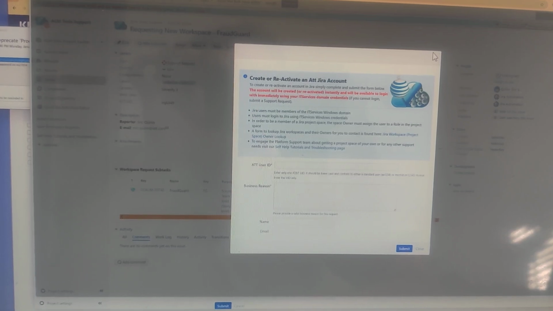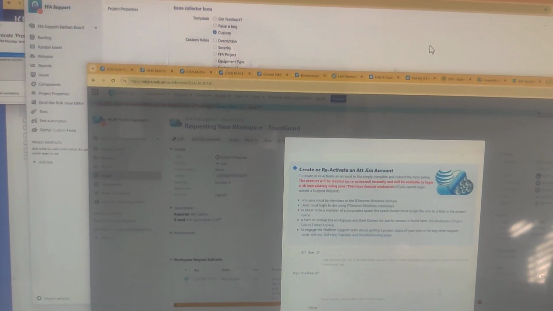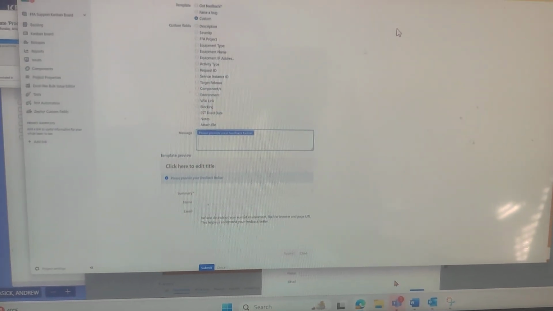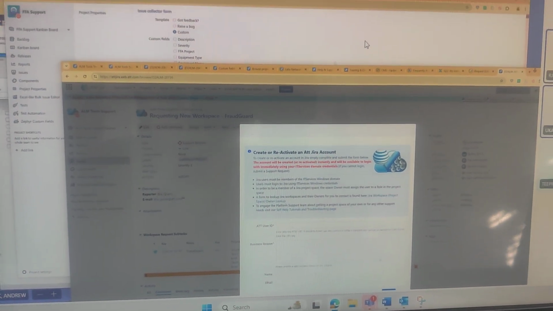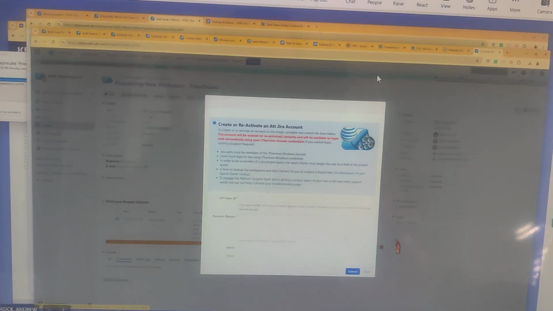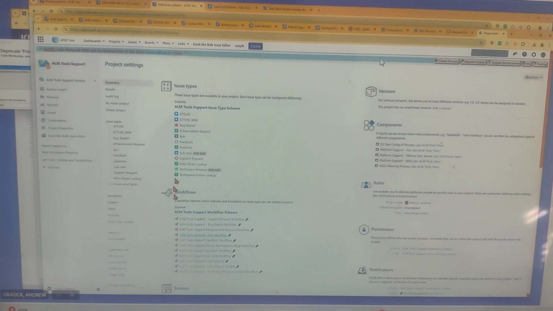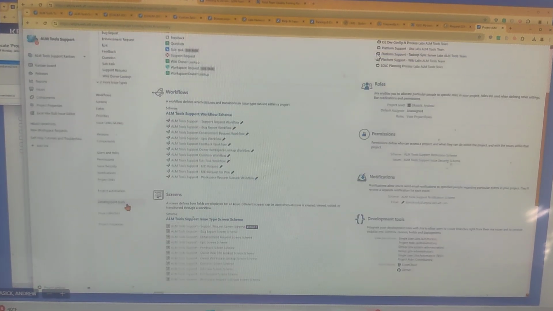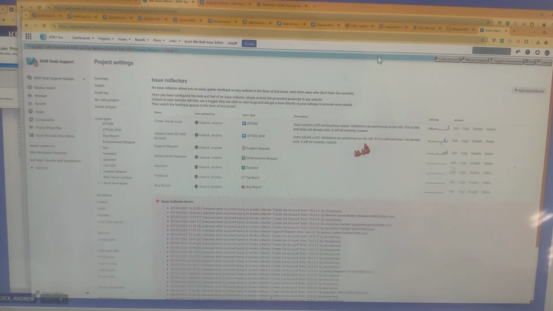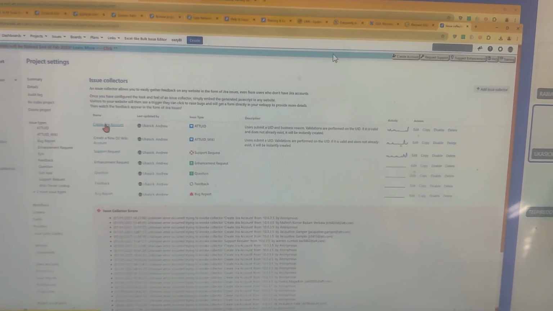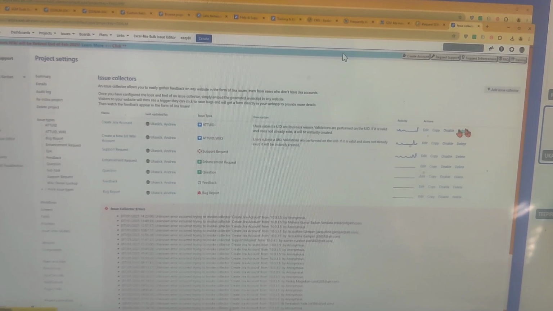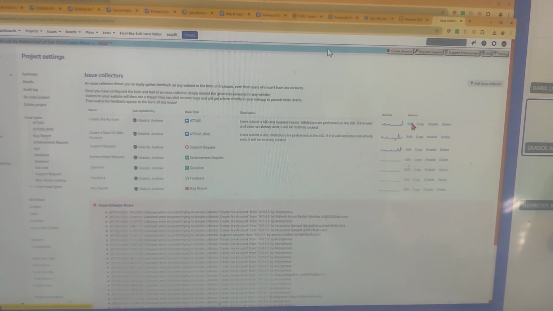I can see how you did this. I could go to edit or something. Or, yeah, I could show you. Well, for this one, okay. So if you want to see how I did that, that's in this D2ALM one. And so we have to go to project settings and then look at issue collectors. And so the one for a support request, or no, I was showing you the one for creating an account. So if I go here to edit that one,